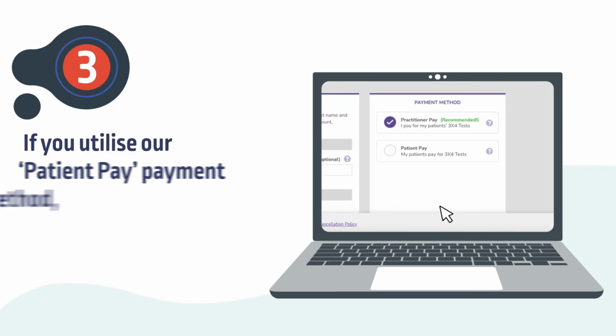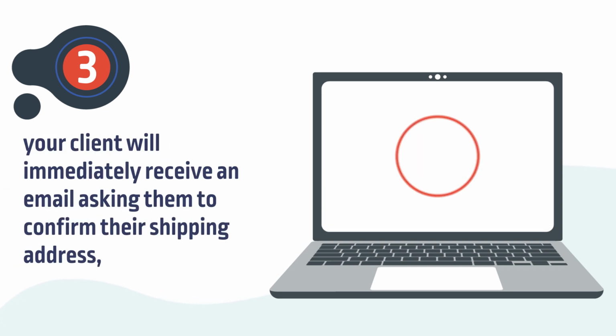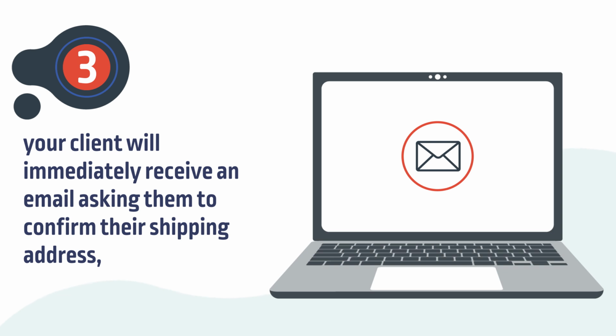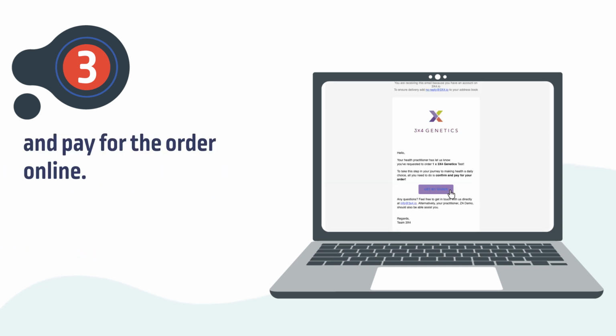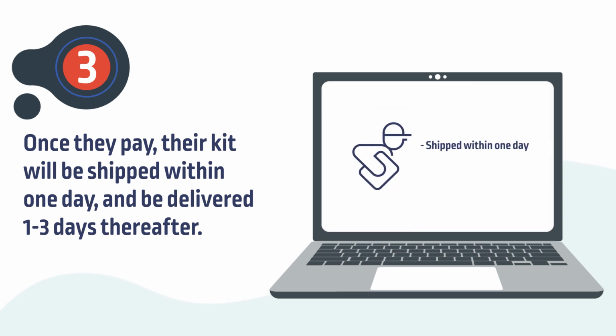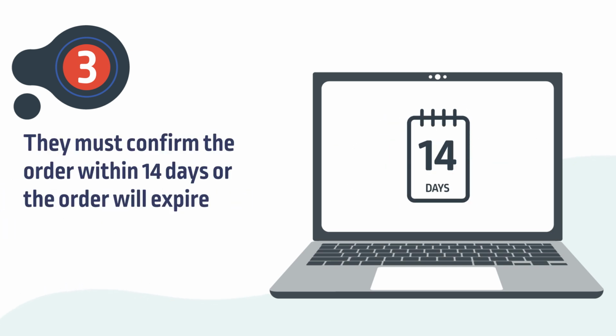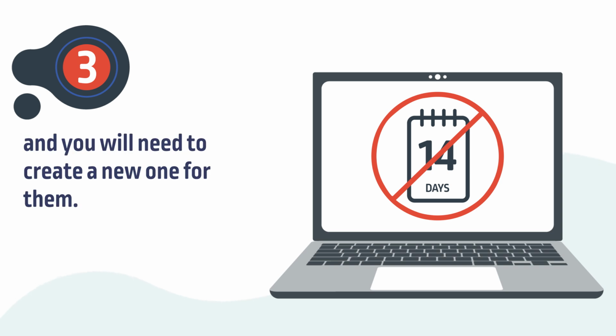Step 3. If you utilize our patient pay payment method, your client will immediately receive an email asking them to confirm their shipping address and pay for the order online. Once they pay, their kit will be shipped within 1 day and be delivered 1 to 3 days thereafter. They must confirm the order within 14 days or the order will expire and you will need to create a